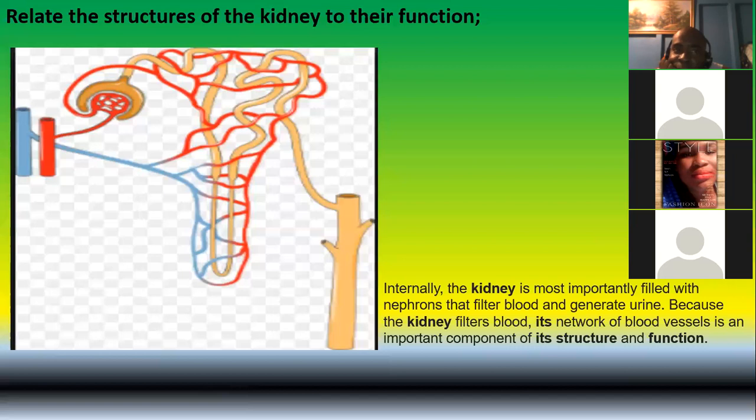Can somebody else tell me what happens at the proximal convoluted tubule? Go ahead, Nicole. It has salt, water, glucose, water, which is reabsorbed back into the body. So you have to tell me that reabsorption takes place of salt and water. What is mostly reabsorbed there, by the way? What is mostly reabsorbed there?